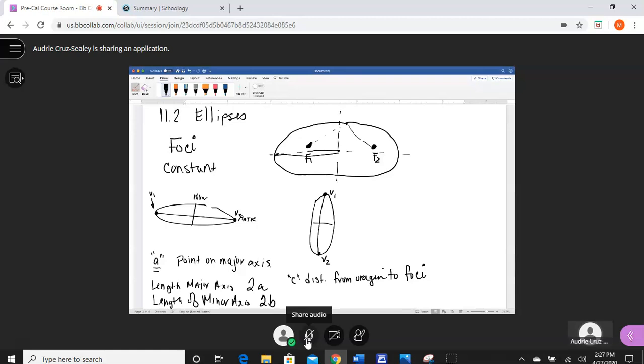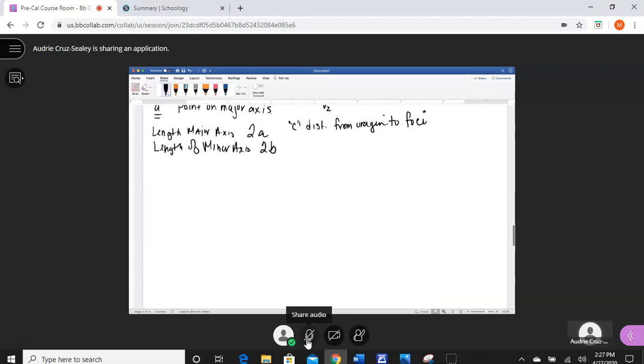Is everybody okay with my notes? Any questions? It's not that bad. Okay, looking at the first